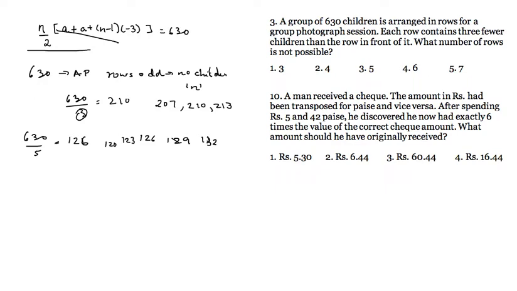I can even have something as high as 21 perhaps, but then numbers may run into negatives. So anyway, we don't have that larger number, so we can just simply eliminate odd numbers, right? 630 by 3, 210 is possible, by 5 is possible. Similarly, by 7 is possible. I'll have 90 children in the middle row, and then I can do plus minus 3, plus minus 3.